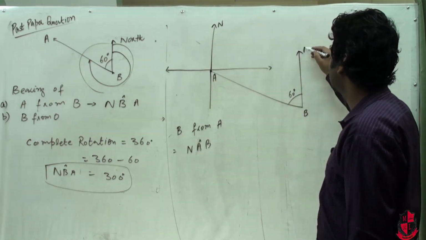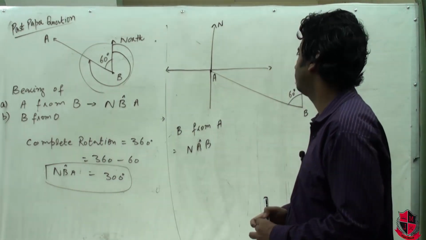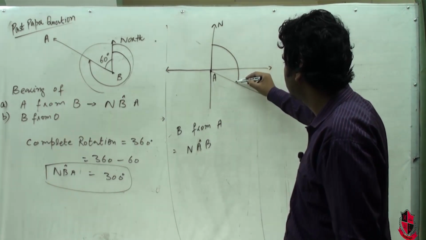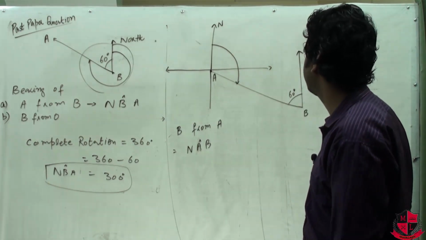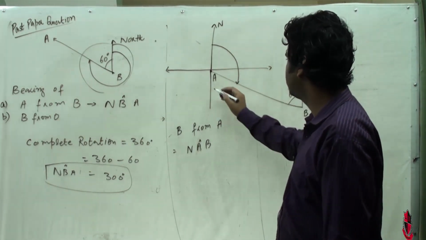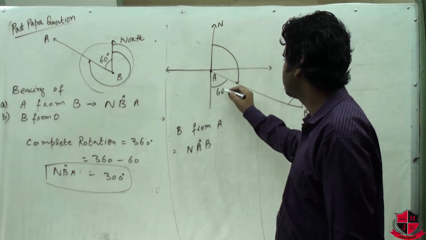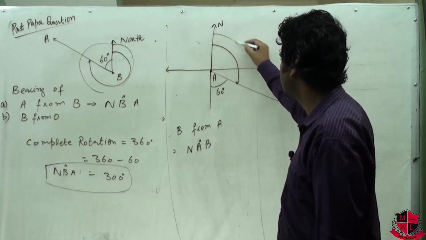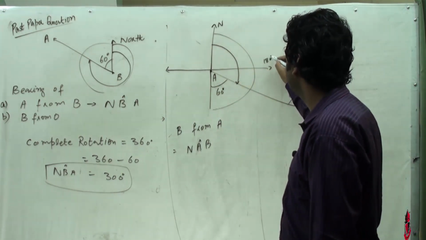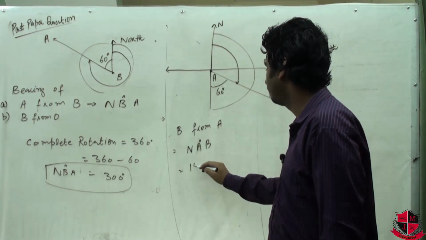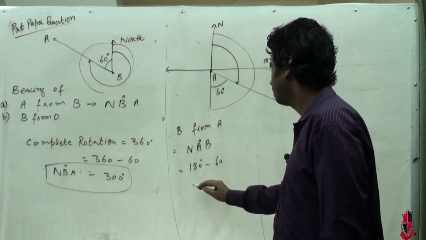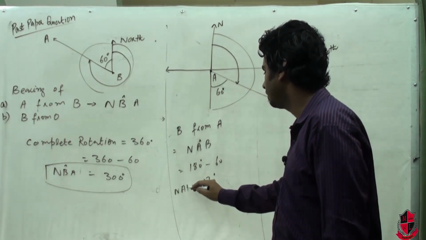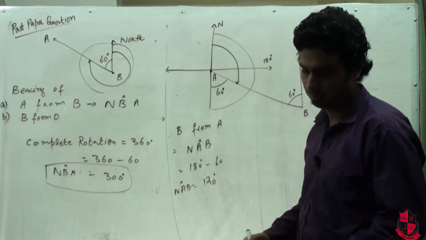So once again these are the two parallel lines and we find the angle between N and A. By applying alternate angles, this angle is 60, then this will also be 60 degrees, and we need to find the bearing from N till B. So we know that this half rotation is equal to 180 degrees. We will subtract 60 from 180 degrees. So our answer is 120 degrees. So the bearing which starts from N and ends at B, with the vertex at A, is 120 degrees.